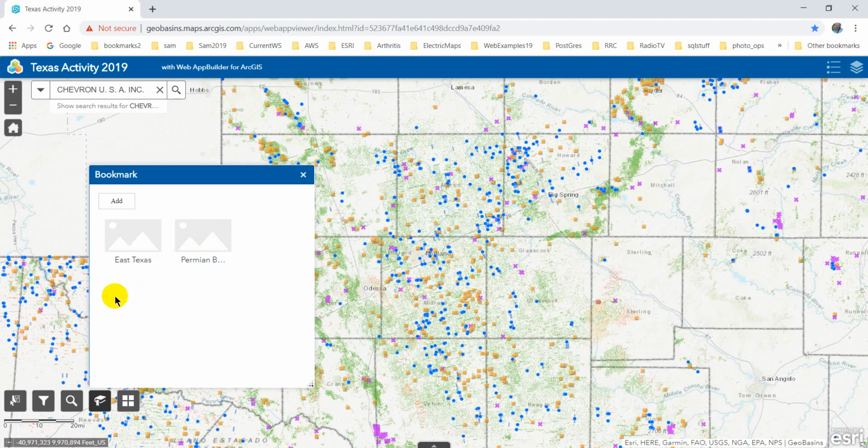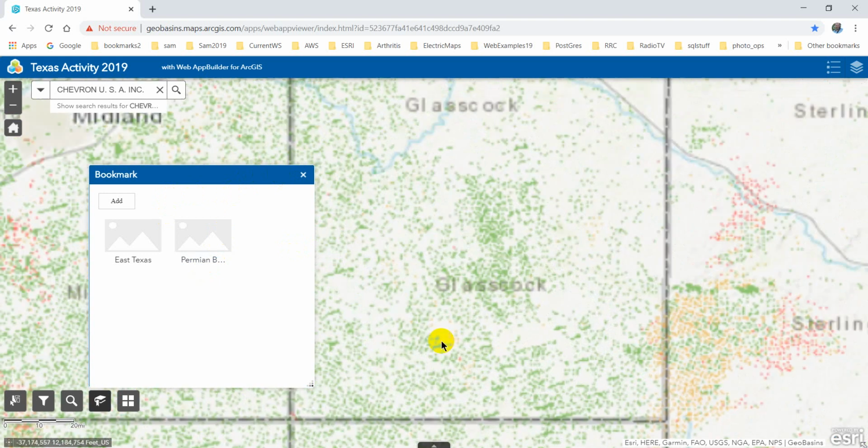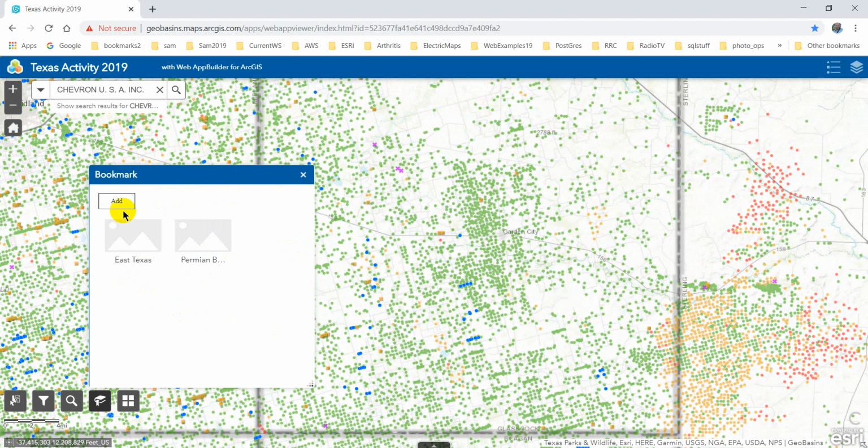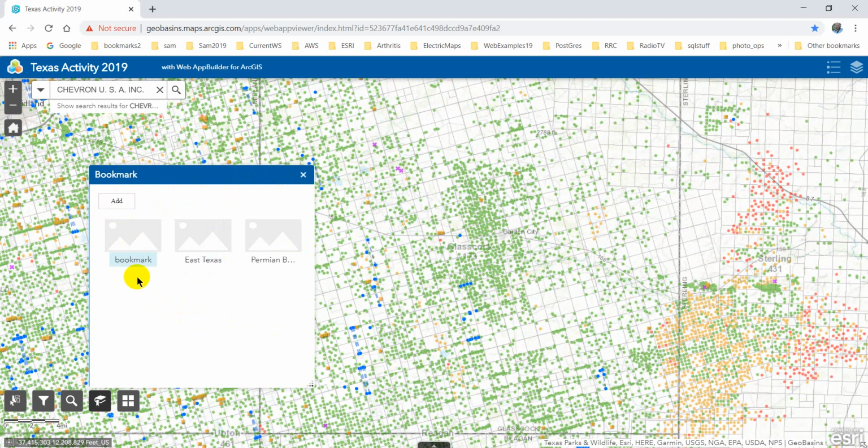I haven't tried this, but I believe that as a user on your own system, you can set bookmarks in here, and each time you come in here, it will remember your bookmarks, but I won't necessarily see them on my end. Now, if I want to add a bookmark in here, I can come in and zoom to an area, and I will add that as a